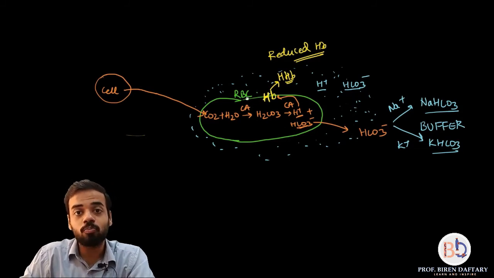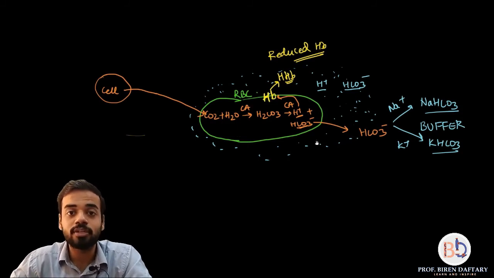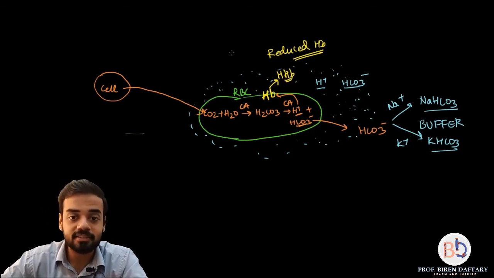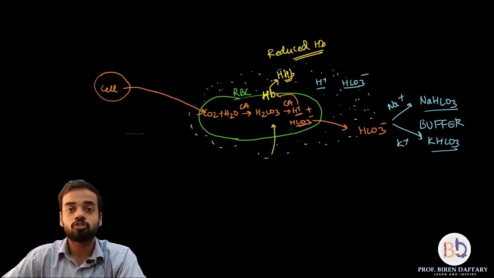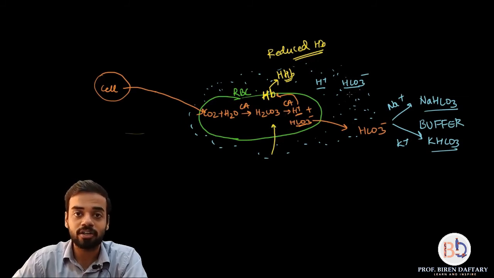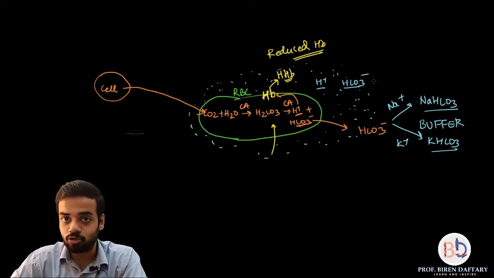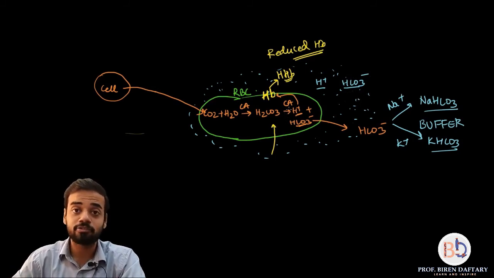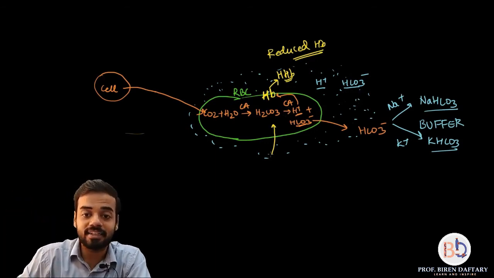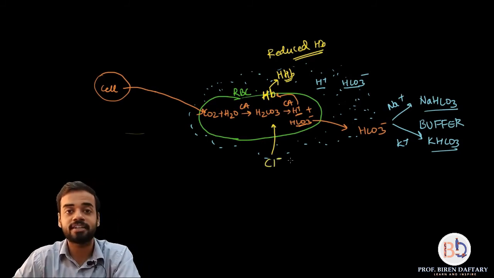Now, to make sure that the negative charge of the RBC is not lost, you need to send a negative charge inside. Is this correct? So negative charge enters the RBC from the plasma. So what is going to enter? Bicarbonate ions will not enter back, because bicarbonate ions are already in a lesser concentration in the plasma. So they are not going to enter back into the RBC. You need some other negative ion which will enter the RBC so that the lost negative charge is restored, and that takes place in the form of chloride ions.